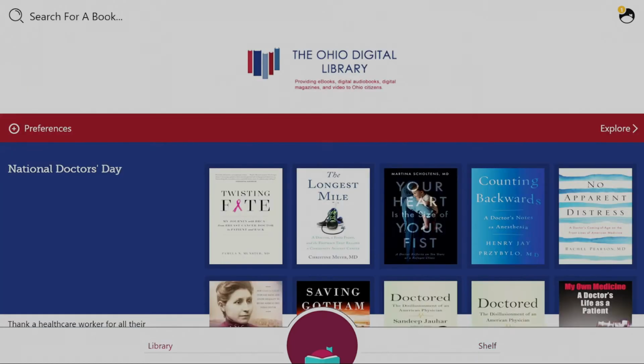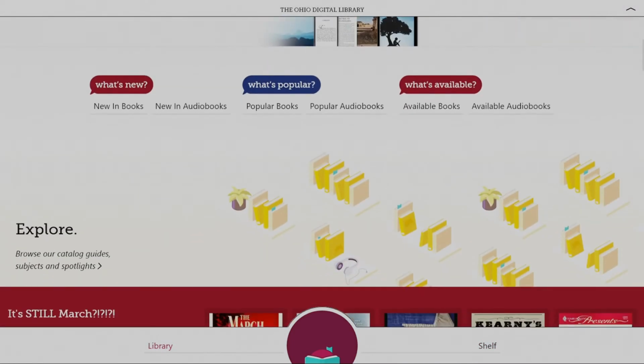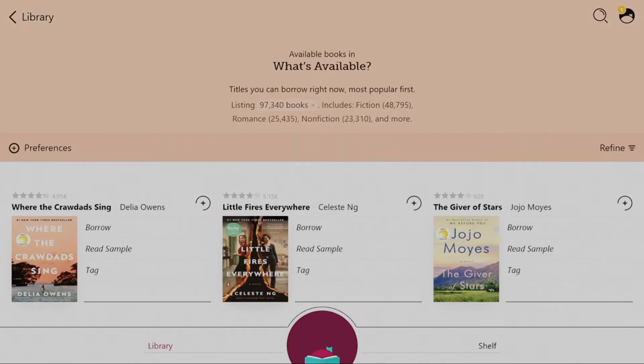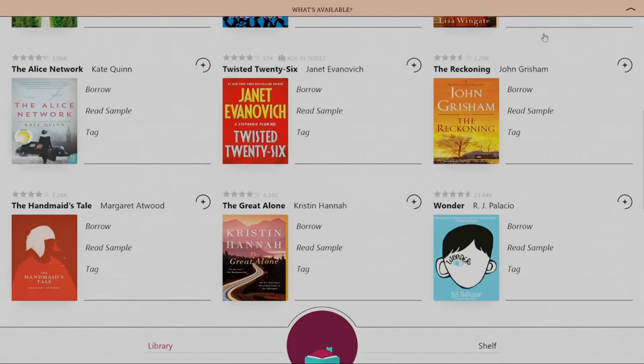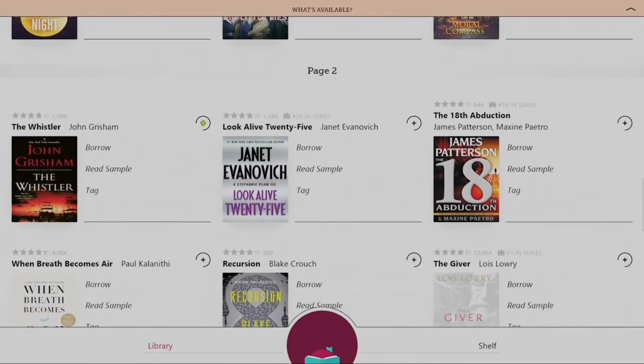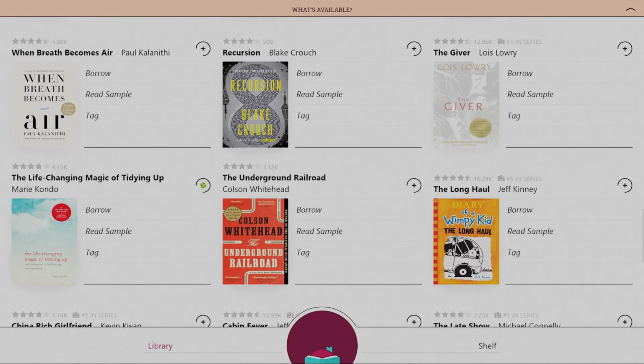So if we go back to the library, we can click on what's available now and see some of the books that are available to be checked out as we speak. We can scroll through here until we find something that might be interesting to have. And let's see here. When Breath Becomes Air looks like it's available, and this is one that has been popular